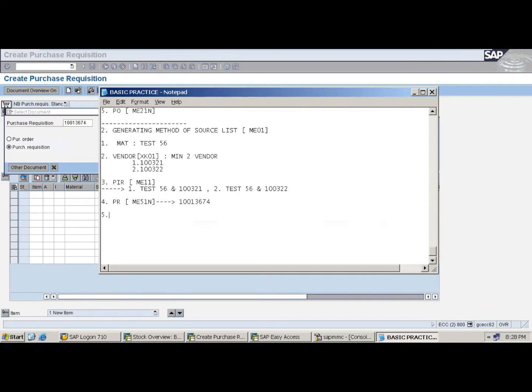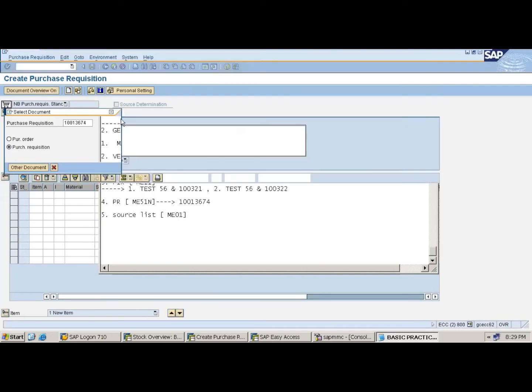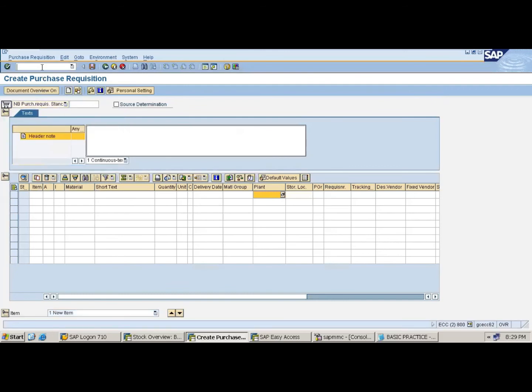Then I go for the source list, second method. Which one? Second method, ME01. Sorry, ME01. Please look at your profiles. Very important here, just feel the difference. /n ME01.